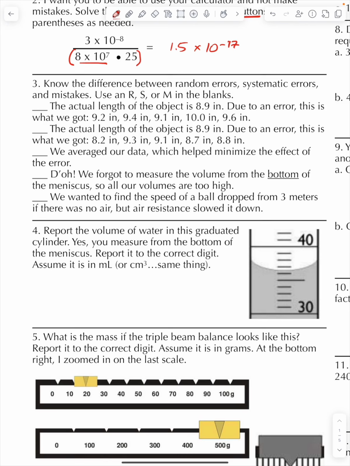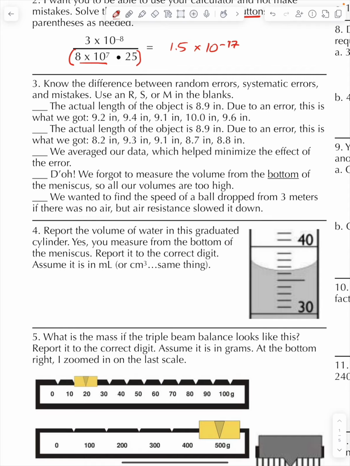So you drop a beaker and spill things. Don't call that an experimental error. The lab didn't tell you to do that. So random and systematic errors are experimental errors. And one main difference, I'll get to another difference when we do the problem, is that a